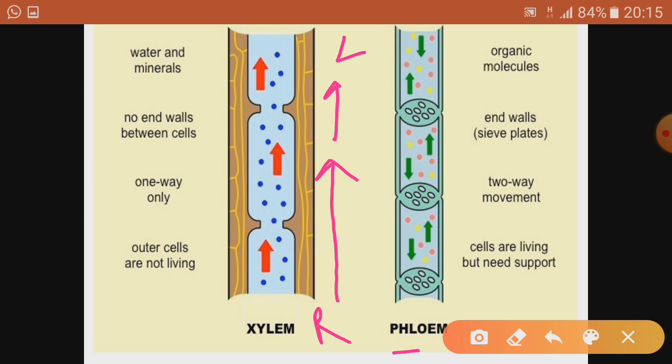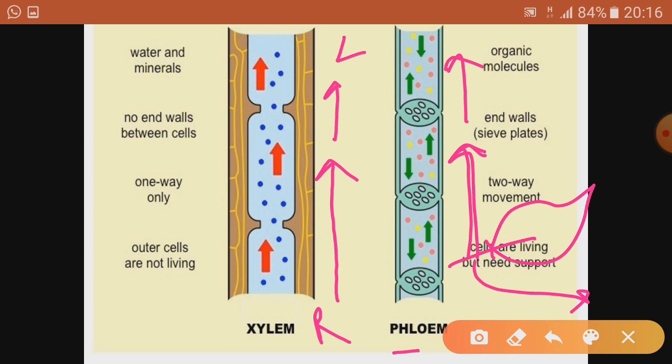You can see here the organic molecules going to different parts, maybe from the leaves to the lower parts, or maybe from the leaves to the upper part. So conduction in the case of phloem is two-way, but in the case of xylem it is one way only, because the direction of flow of water is that the root absorbs water and gives it to the leaves. Once the food is prepared in the leaves, now the duty of phloem comes, and its duty is to conduct or transfer the made food from the leaves to the rest of the body, because all parts of the body need food.